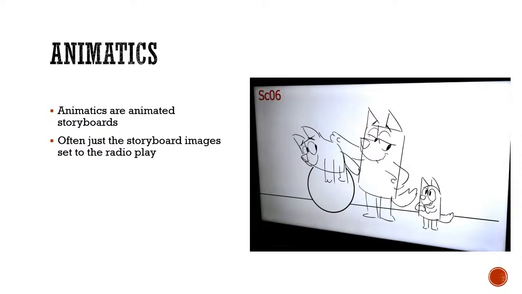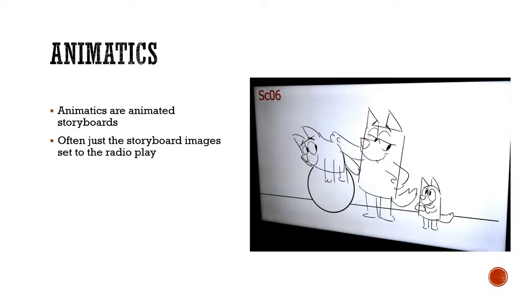Basically, once you've established your storyboard, you might even have your music and dialogue. You might have that radio play. And you take that storyboard, and in something like Premiere or After Effects, you set the shots to the music and dialogue, so that the visual will be wherever it will be in the story. So you'll have just the card, and you'll see this in the animatics that I shared.